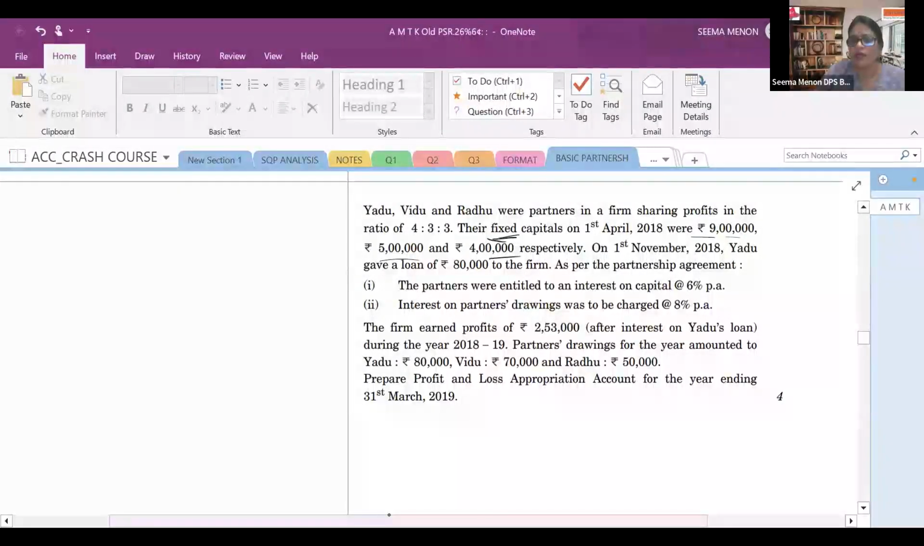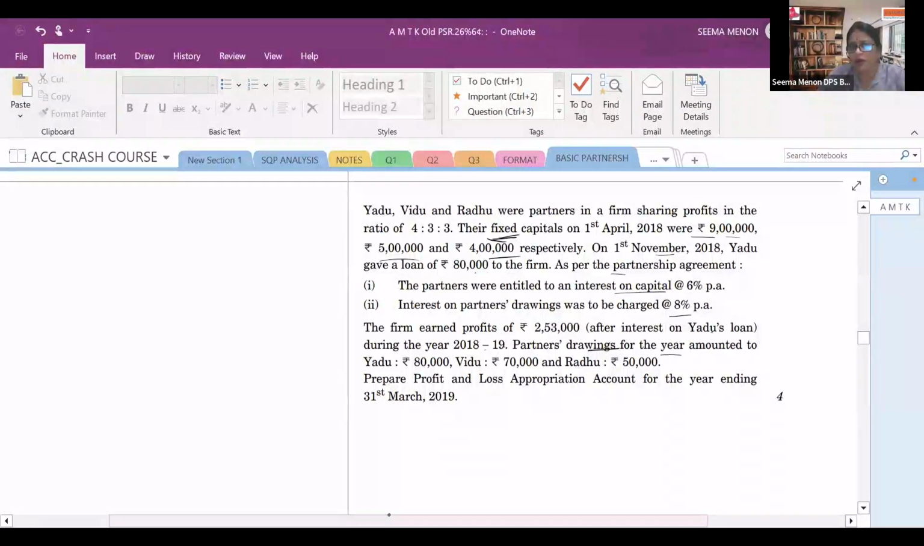On 1st November 2018, Yadu gave a loan of rupees 80,000 to the firm. So it is as per the partnership deed; you should know the theory part. As per the partnership agreement, partners were entitled to interest on capital at the rate of 6% per annum. Interest on partners' drawings was to be charged at the rate of 8% per annum. Both they will get. Now, the firm earned a profit of 2,53,000 after interest on Yadu's loan during the year